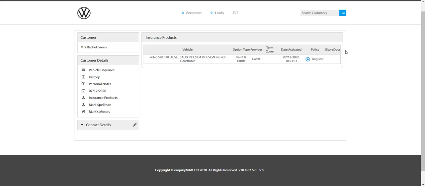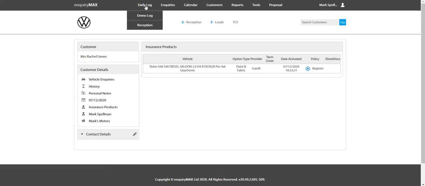Now, that's all quite straightforward, but what if a customer has already purchased a car or already picked up their car and decides to come back just a few days after that handover and says, I've thought about it and I think I would like to go for that paint and fabric protection that you offered. Is it too late to have it? Well, if your group allow for that to happen and allow for people to purchase after handover, then it's still